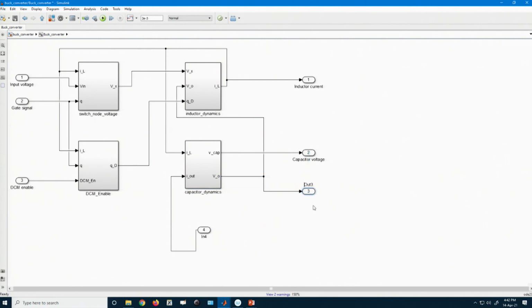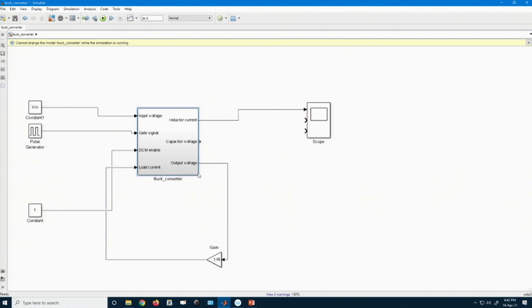So this is my output voltage and this is my load current, because load current is an input here.